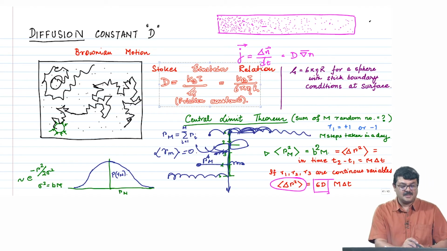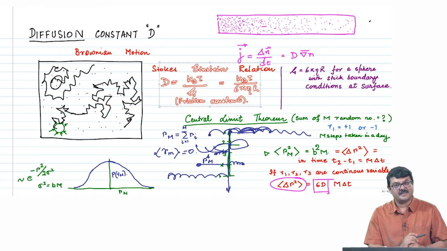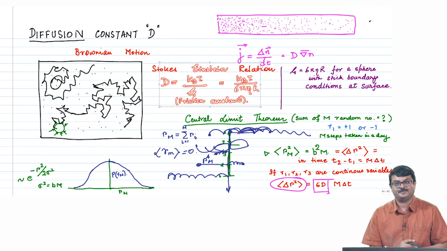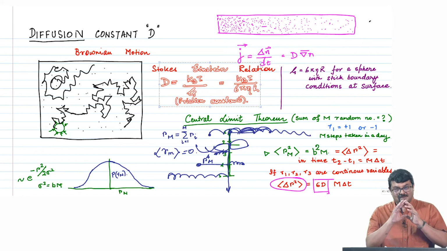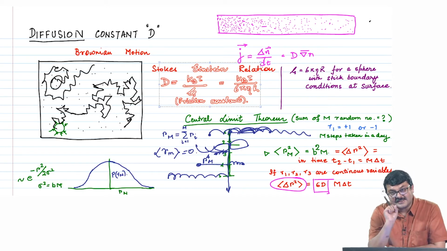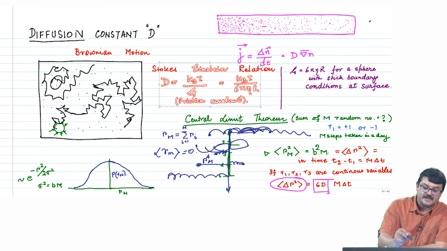And that is what says that D equals k_B T by zeta: the more the k_B T, the more the diffusion, the more the mean square displacement in the same amount of time, right. So, this is the background physics. I hope you have understood it with this picture. So, this is the quantity we are trying to capture or calculate through